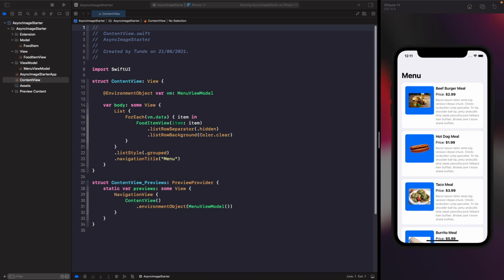Hey, and welcome back to another video. In this video we'll be looking at how we can cache images with NSCache, which helps us improve the performance of our apps when working with data in a list. So just to show you the problem that we'll be tackling here, if we actually look at our screen here,